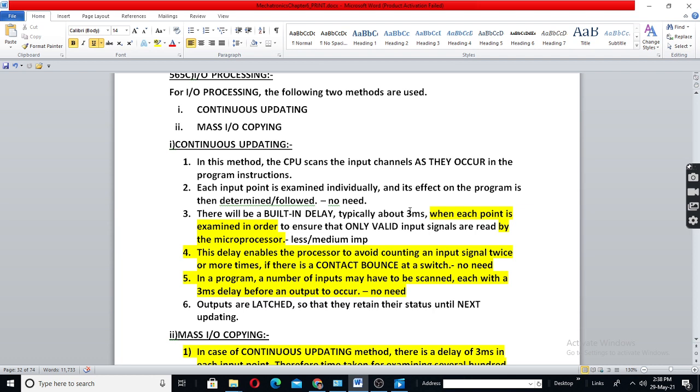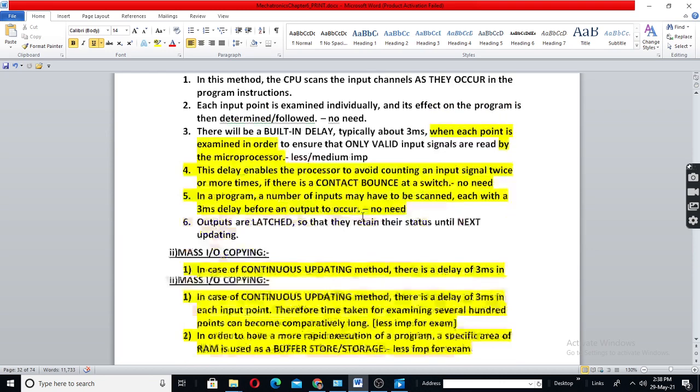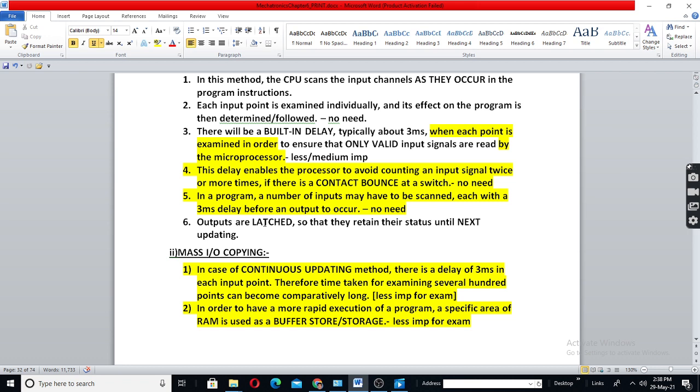Actually, our intention is to give a high signal, 0 to high, just switching on. But there may be arcing within the 3 milliseconds or within 1 millisecond. So the PLC may sense the single input as multiple inputs. Hence, a delay of 3 milliseconds is given purposely. That is called the built-in delay. And outputs are latched. Once they are given, they are latched, means until the next cycle, next updating.